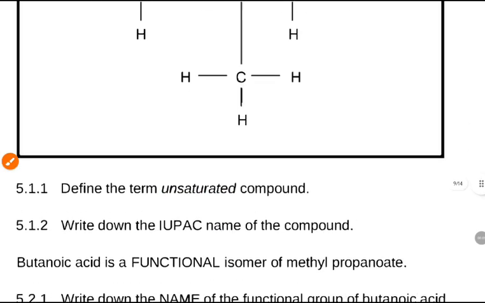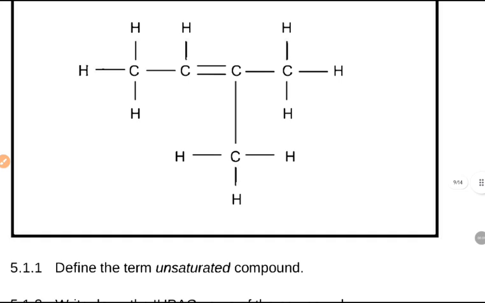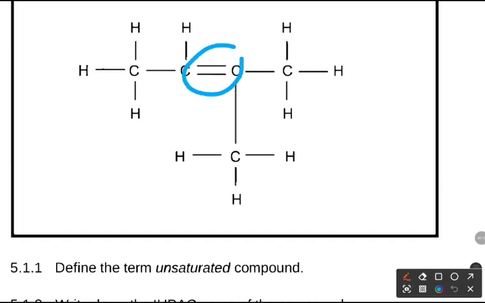So you can learn other definitions in your book. Write down the IUPAC name for the compound. Like I told you, this is how you start naming. Let's identify then the double bond. The double bond is in the middle. So since it's in the middle,